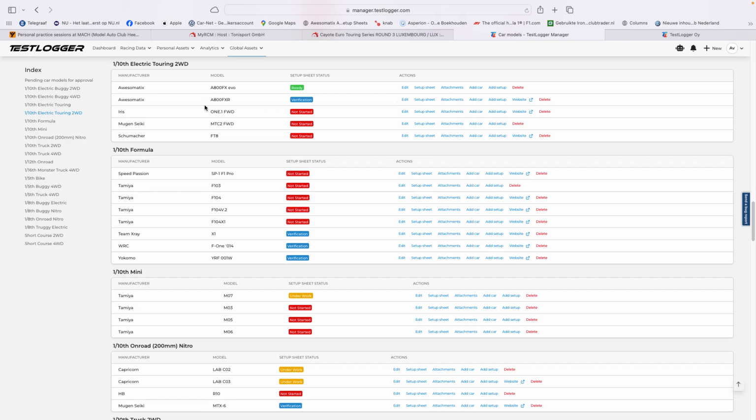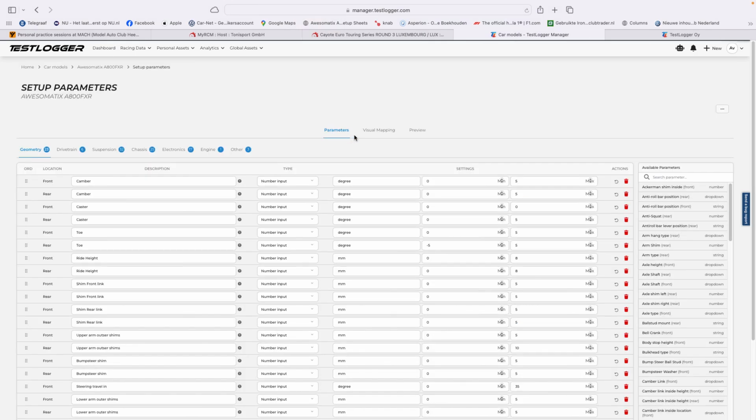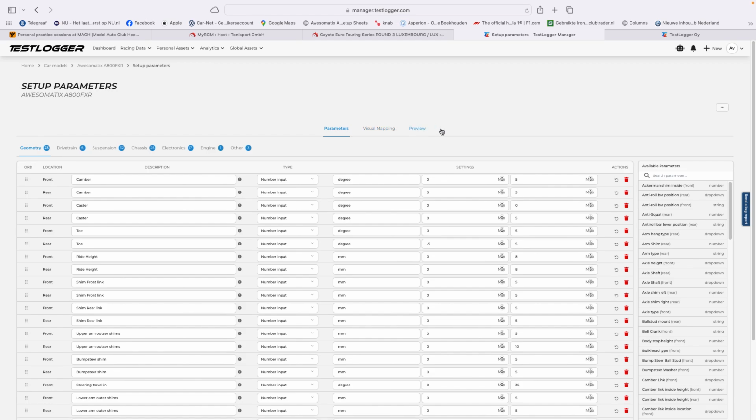Available, not every car has a setup sheet developed. I did this one for the FXR and the FX Evo. How does a setup sheet look like? Well, this is the setup sheet in a minute. It's very static, but when